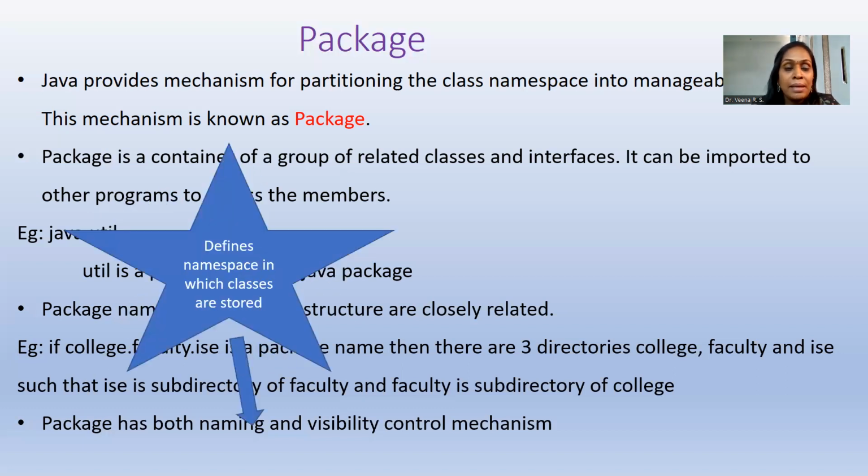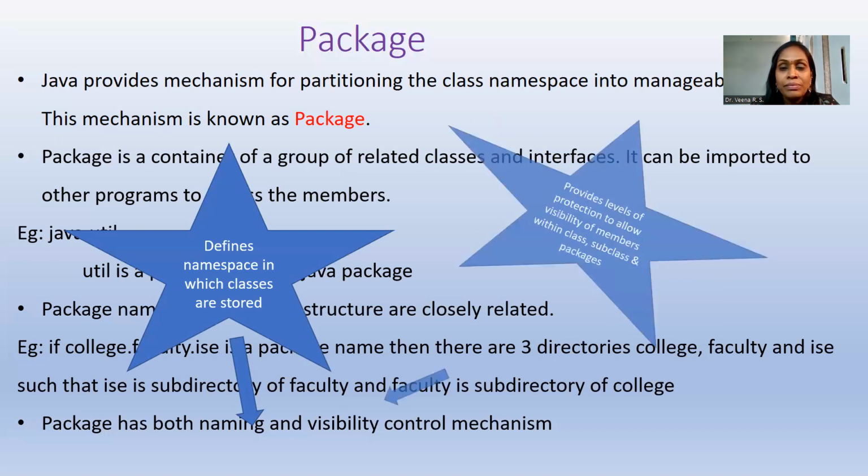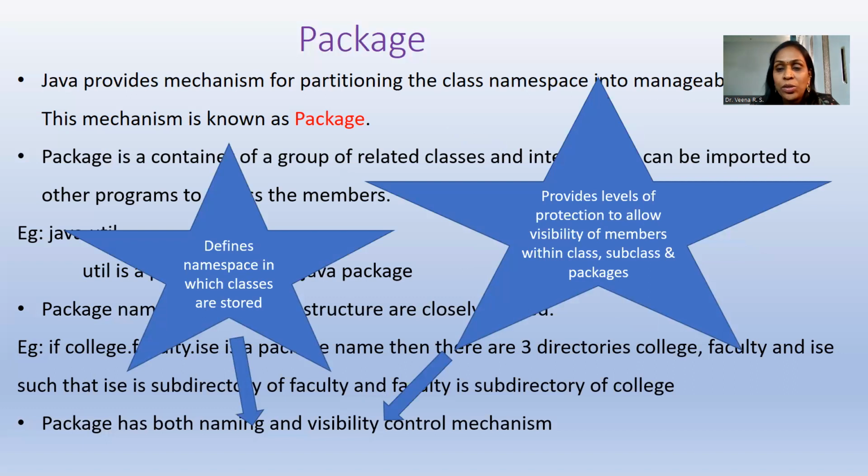So you can say that naming is what? It defines the namespace in which classes are stored. And the visibility control mechanism basically provides the levels of protection to allow the visibility of members within a class, subclass, and packages. So whenever we want to store a related set of classes and keep them somewhere so that I can use those classes anywhere in any other program,